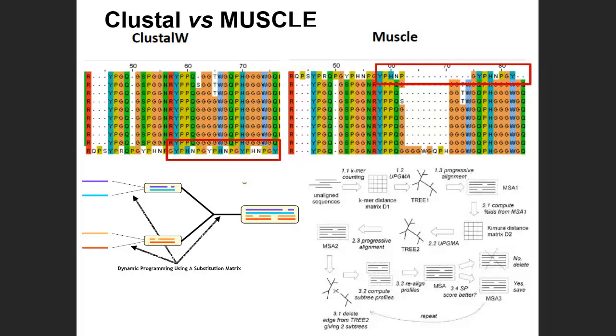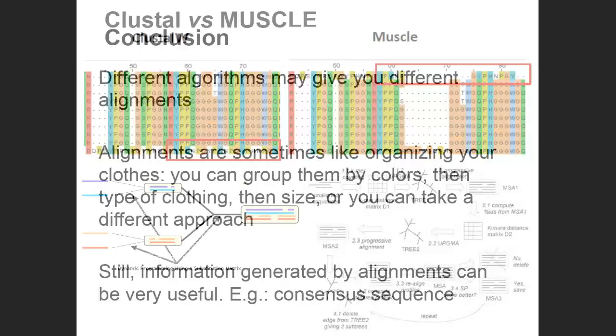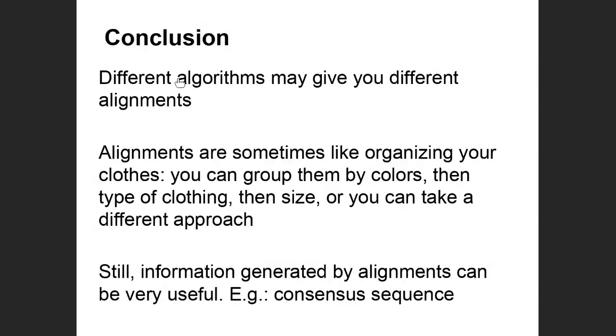So you have these two sequences and these two, and you group them, and then you group them in here. This is your alignment, and your alignment would look like this. But then Muscle is aligning the same 4 strings, and it came up with a different alignment. You don't have to know all this, but basically this is showing the strategy it uses to come up with the best tree. So as a conclusion, you have different algorithms and you give the same sequences to them, but you might end up with different